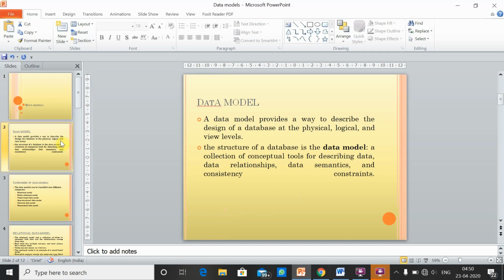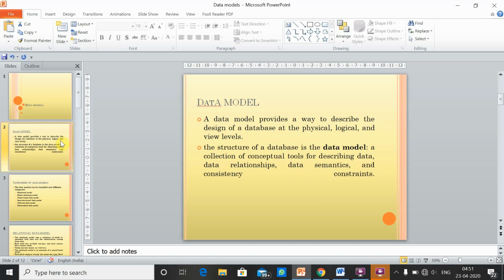A data model is a way to describe the design of a database, either at the physical, logical, and view levels. The structure of the database is called a data model. That is, it is used to describe the data inside the particular database, the relationships among the data inside the database, and the consistency constraints that each attribute may take in a database.